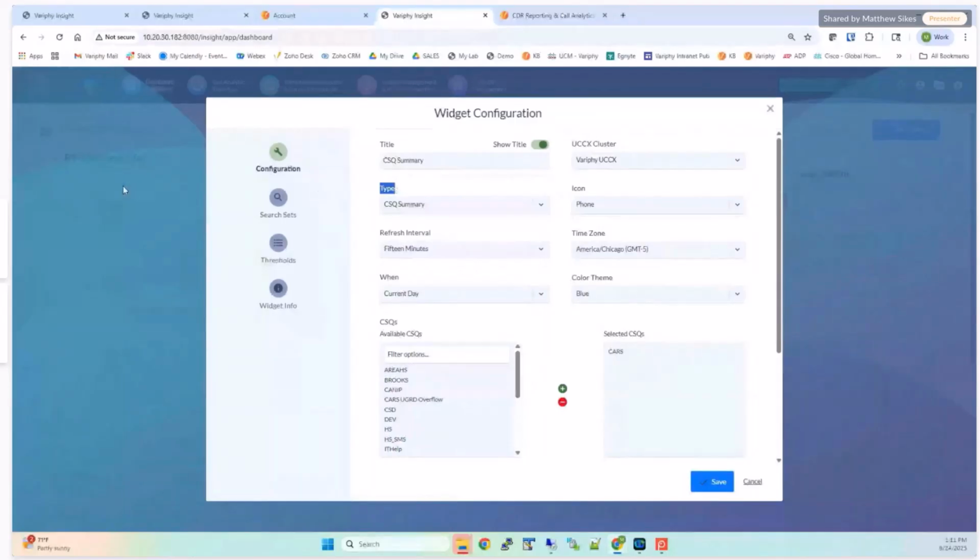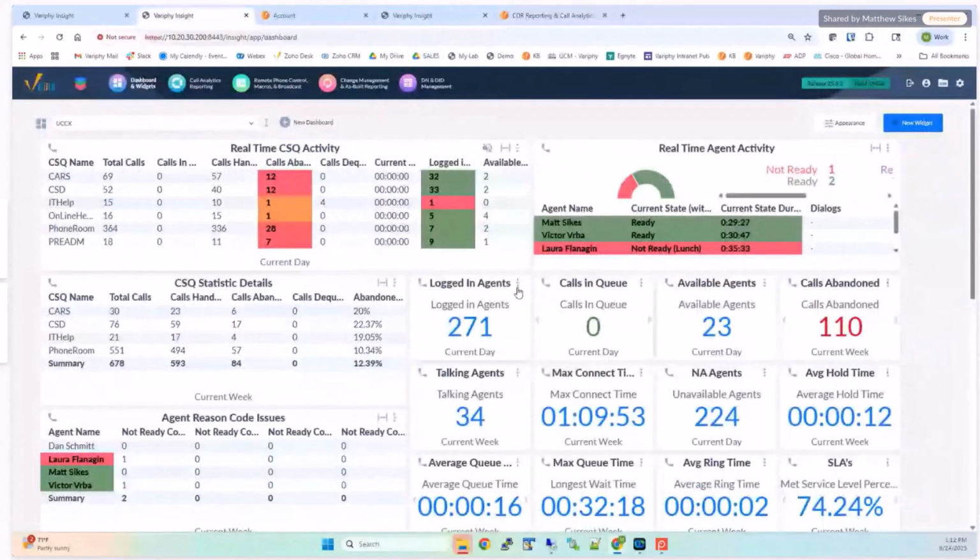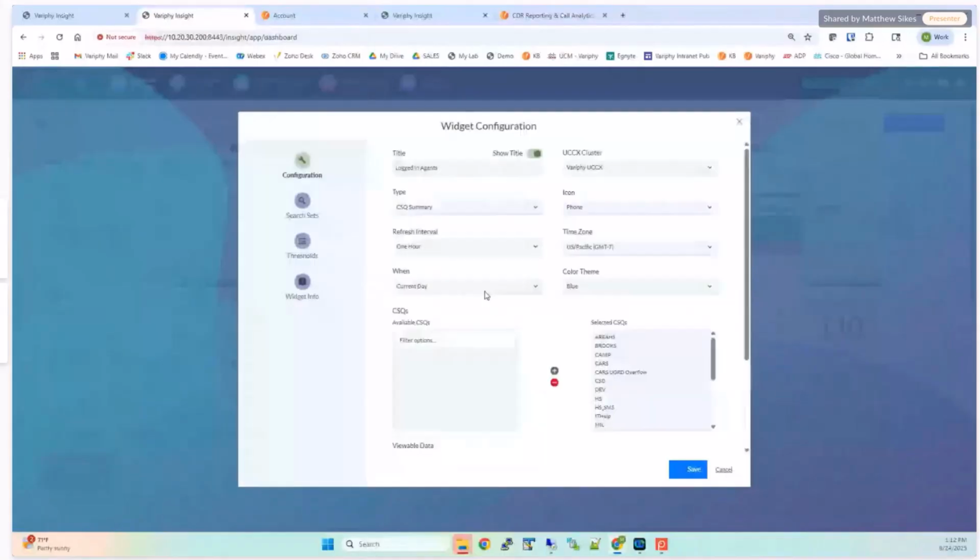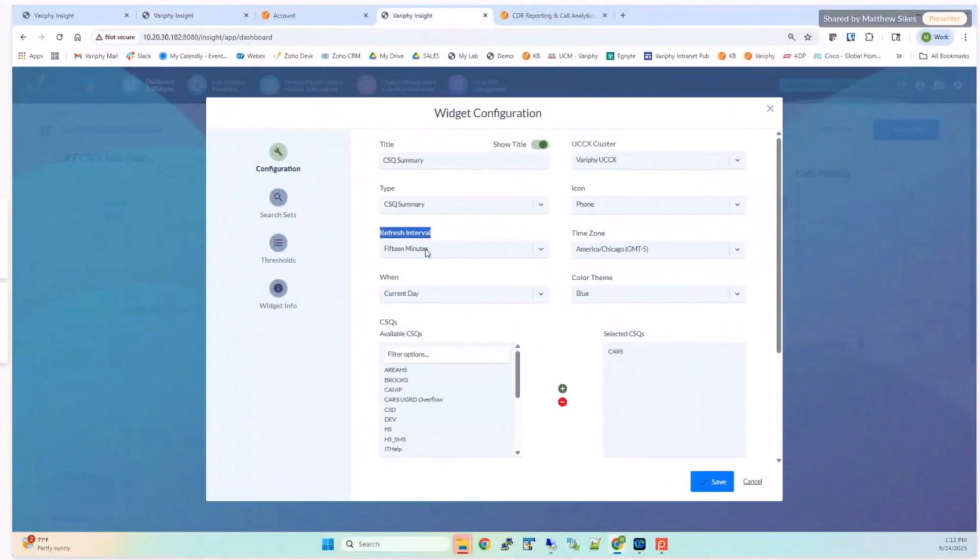Now that we have the real-time functionality, this one does have that refresh interval baked into it. Even on my lab here, I think I have these ones that I demonstrate on a pretty regular basis set up to an hour. But again, nothing real time there. Even on the one we're looking at right here, the default is 15 minutes. Yes, I can pull it down to 30 seconds, but that relies